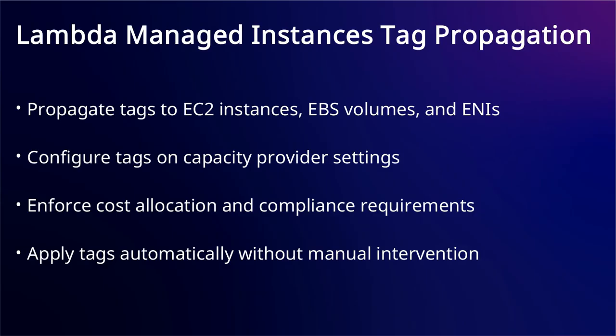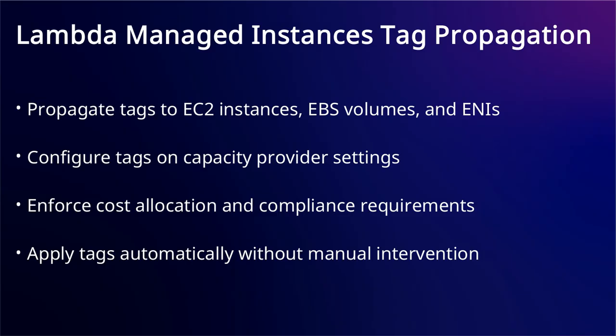Organizations using Lambda managed instances face difficulty tracking costs, enforcing service control policies, and meeting compliance standards because tags do not propagate to underlying managed resources like EC2 instances, EBS volumes, and ENIs. This creates gaps in governance and cost allocation when LMI provisions infrastructure on your behalf. With tag propagation, you can now propagate tags to EC2 instances, EBS volumes, and ENIs by configuring tags on your